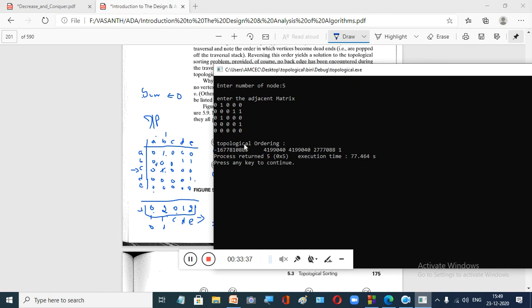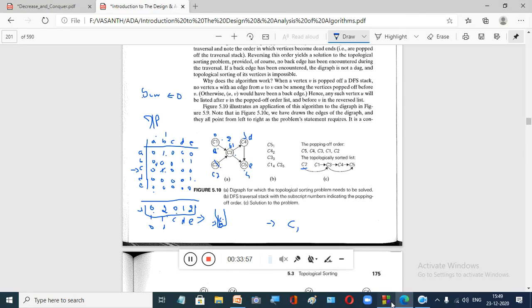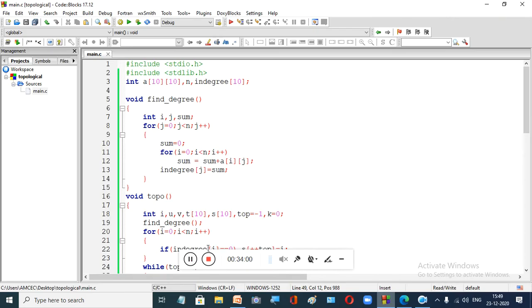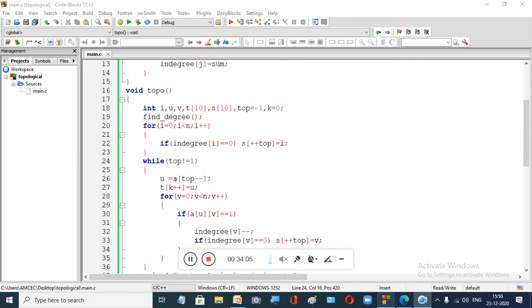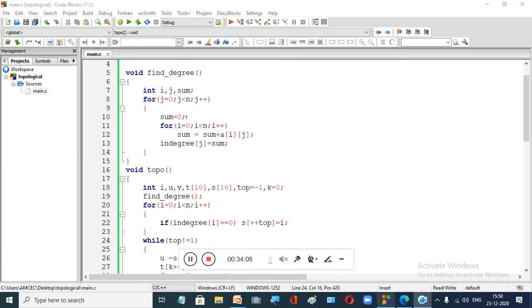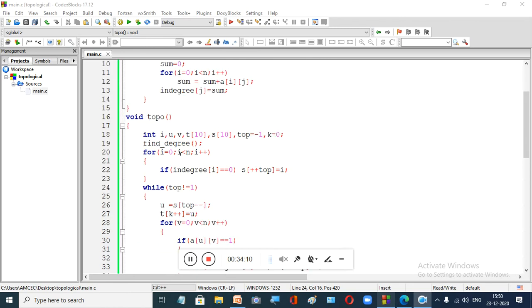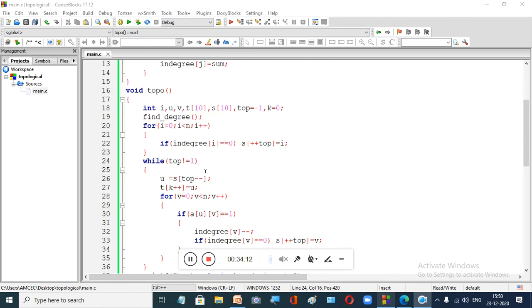Now we got some output. It is very good, because we got certain logical errors, so it becomes easy for us now. Where are the errors? Why are we not able to get the exact values, and why are we getting some junk values? Let us go to our program and check where we have missed the initialization. Let us see where we have made the logical error. This part is very clear for us, and where we are finding the indegree, there is no problem in the coding here.